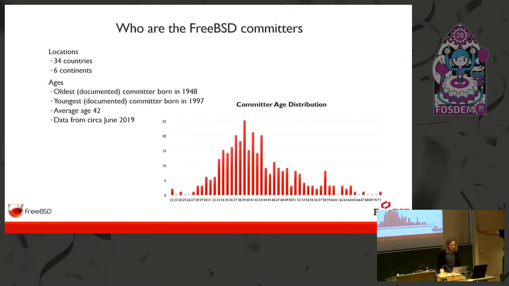And I like to show this graph. So we did this graph about half a year ago. And what I'm trying to highlight here is the age distribution of the committers, so not all the thousands of contributors we have. And showing not only are we diverse as far as countries and cultures represented, but also age. So we are getting new people involved in the project, and probably more importantly, getting younger people involved too, because they're the ones who are going to continue.